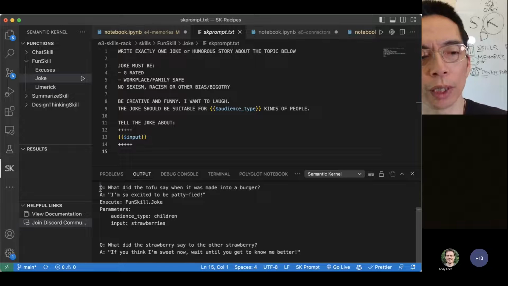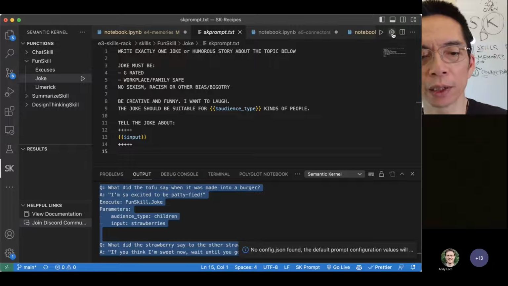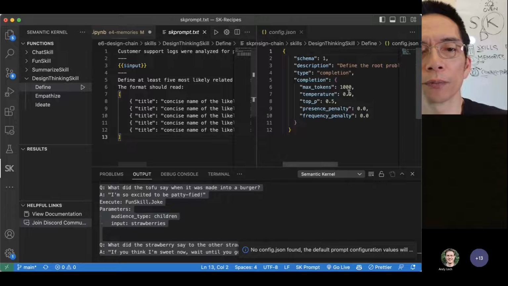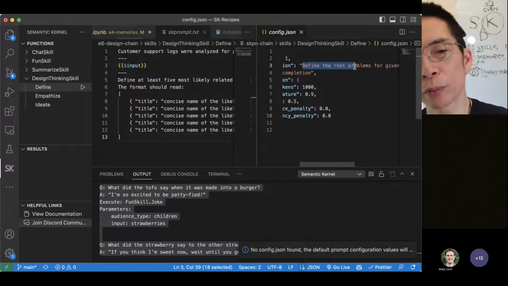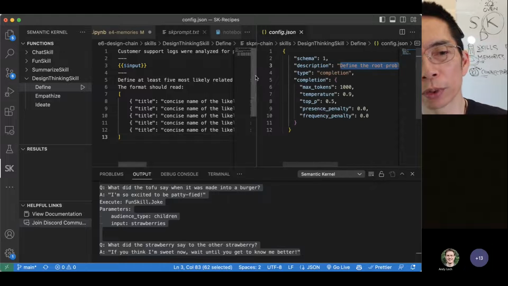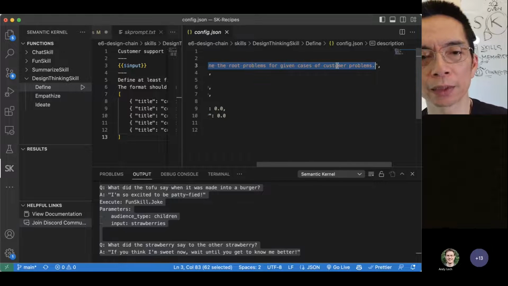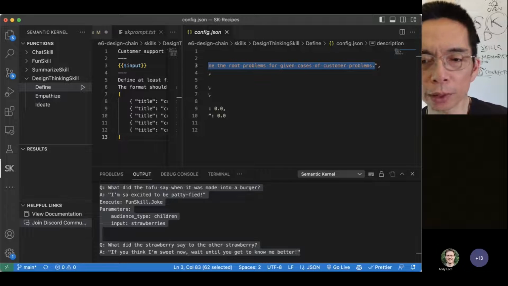So that's a way to test your functions, because your functions have this config.json. Oh, this one doesn't have a config.json. Let me show you ones that have a config.json. Oh, there you go. In the config.json, which is going to be renamed to match the ChatGPT plugin format, there is a human readable description of what the skill does: define the root problem for given cases of customer problems. What happens is when you build skills,